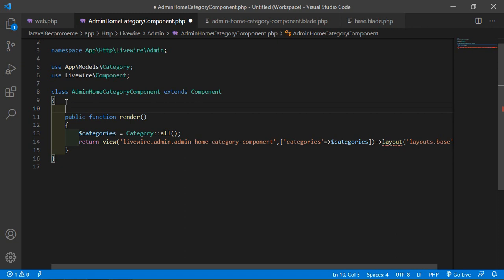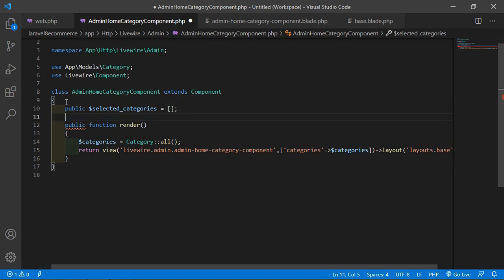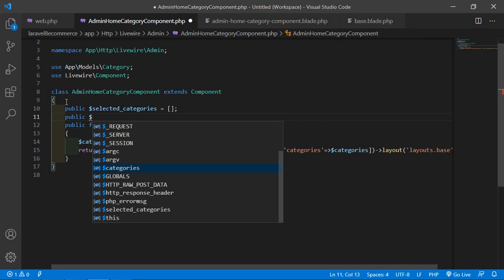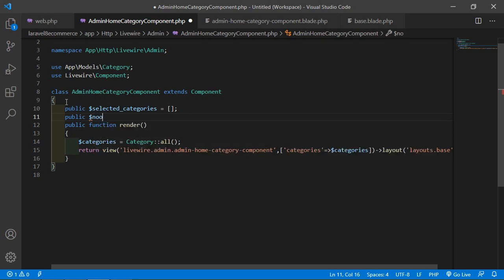So inside this file, first create the property public $selected_categories is equal to, create a blank array. Okay, and another property which is $no_of_products. All right,